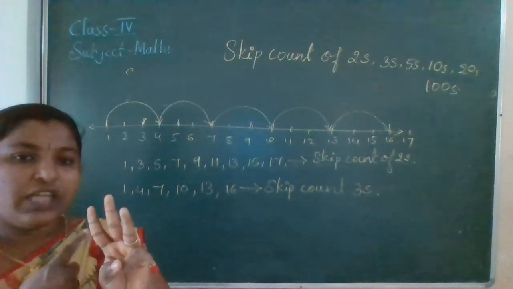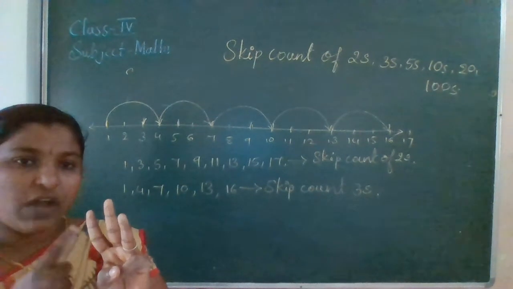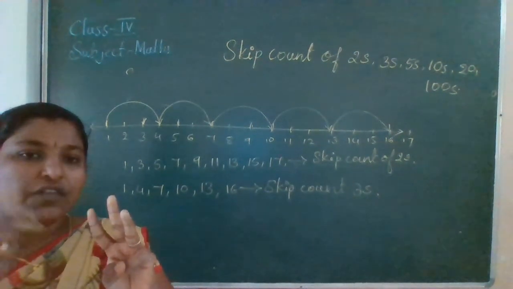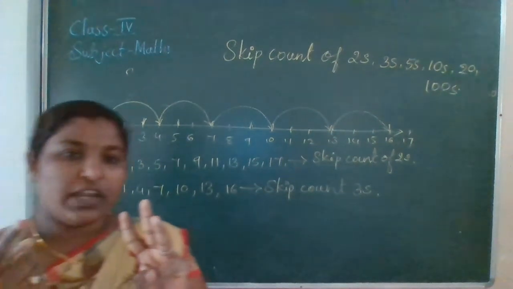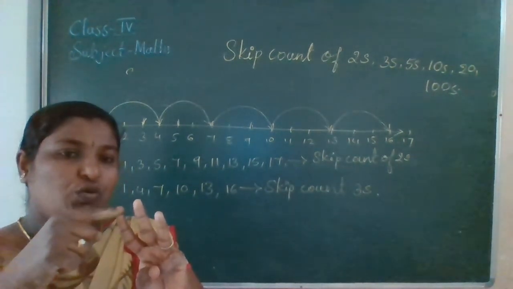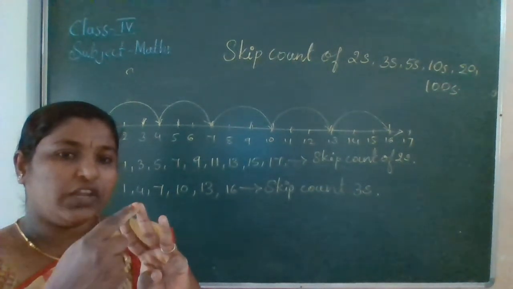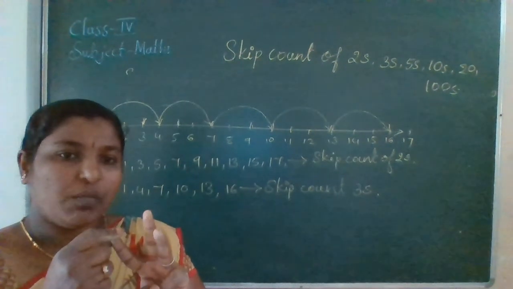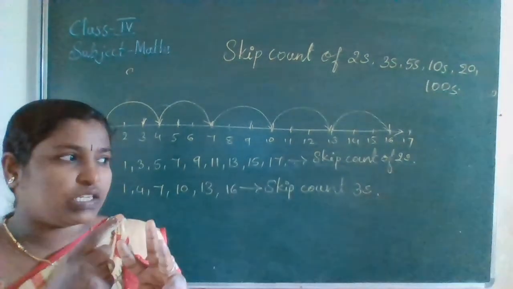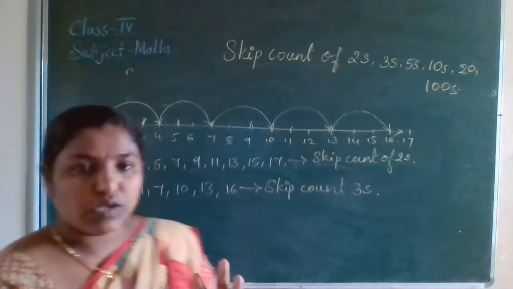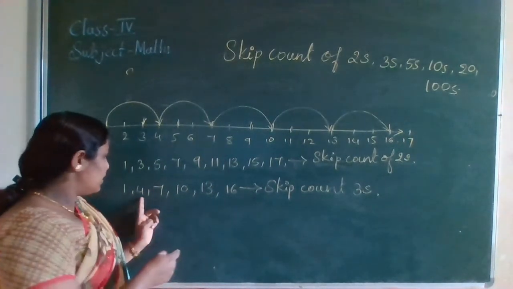Okay, first they have given 1. They will give the first number, any one number. So after that number you should start counting. 1 is there, so you should start from 2: 2, 3, 4. So the third number, whatever number comes, that is the next number. So 4 has come, I have written it here.